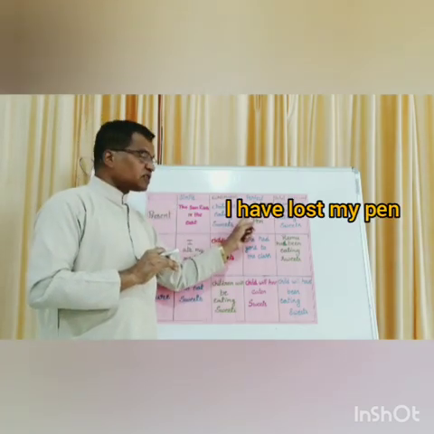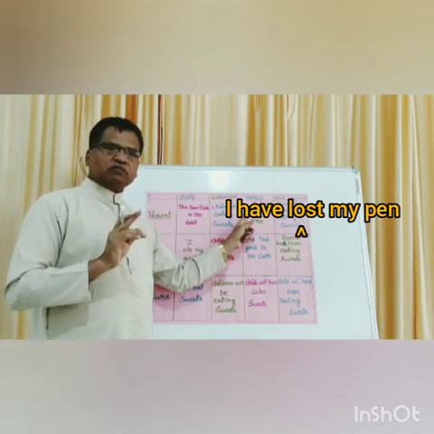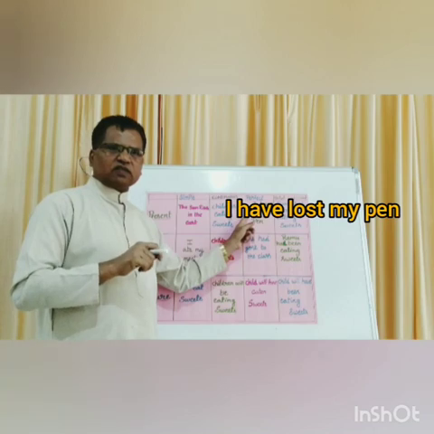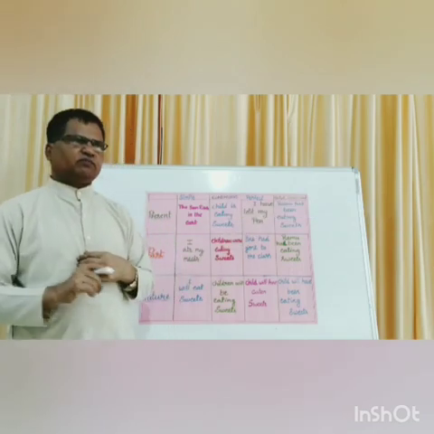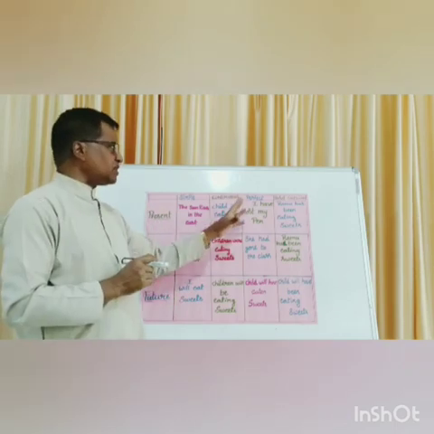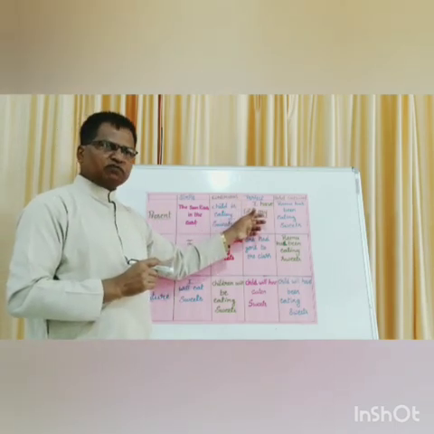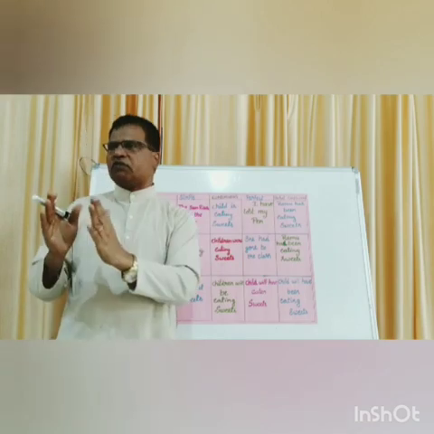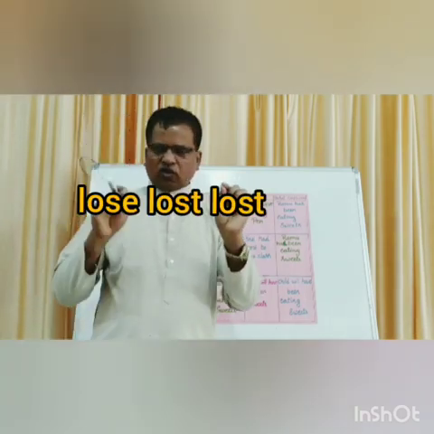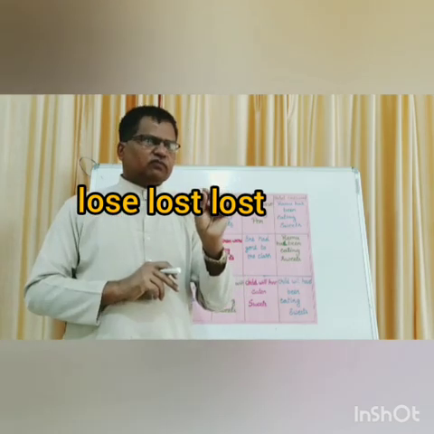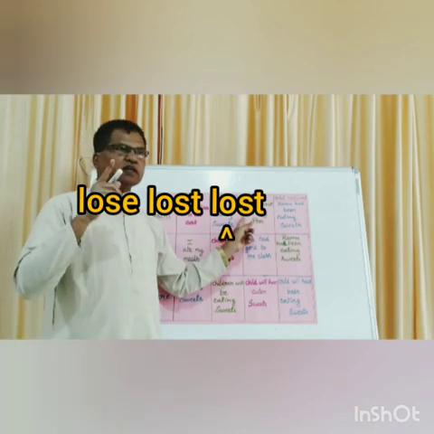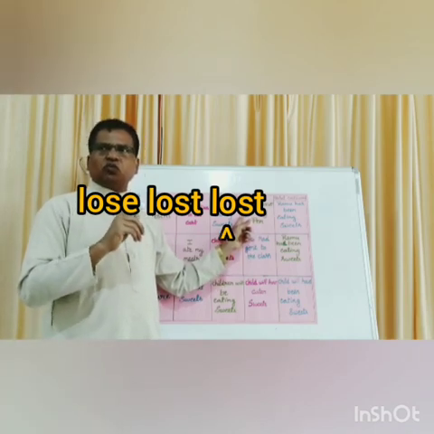Then, next you see the main verb. There is only the helping verb; the main verb is lost. Now what is this lost? It is the third form of the verb. V1, V2, V3 as said. So in the present perfect column, only the third form of the verb is coming there. Lose, lost, lost. So the third form is lost. This is called the past participle of the verb lose.